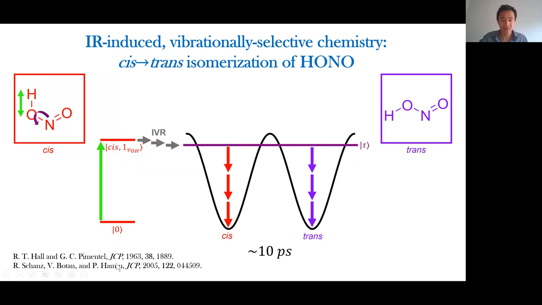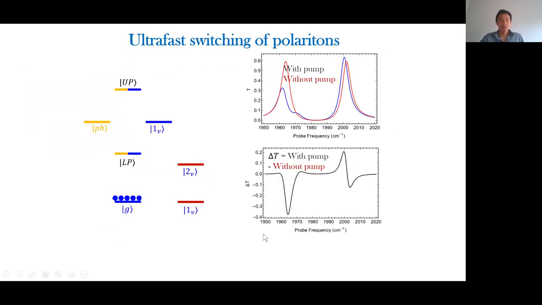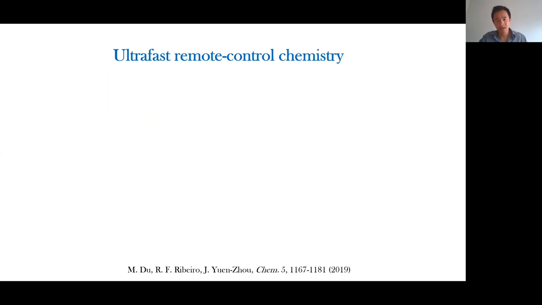So there's coupling between this degree of freedom and this torsional degree of freedom. I told you that in an ultra-fast time scale, because of the saturation of the vibrational transitions, because of the anharmonicity, you can do Rabi splitting contraction in a very fast time scale, right? So in an ultra-fast time scale, you change the optical spectrum of these systems. So why don't we use this for something